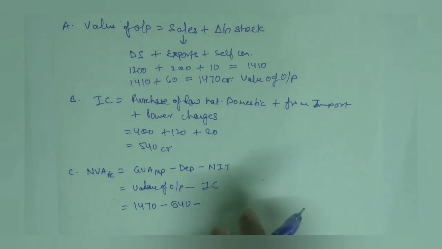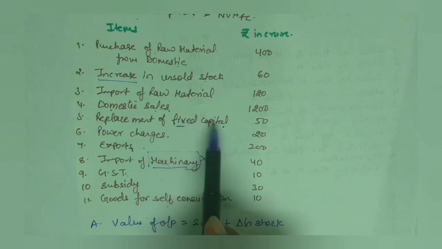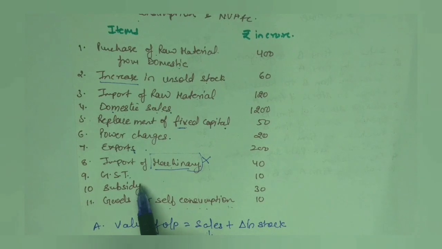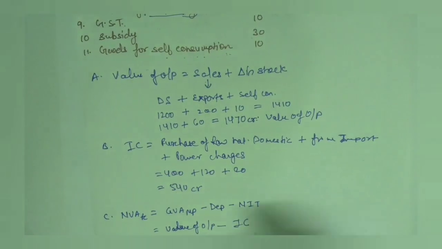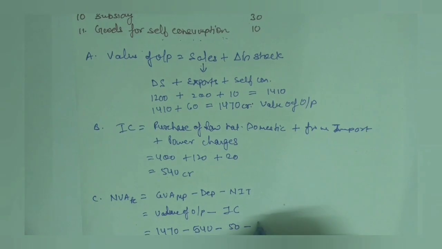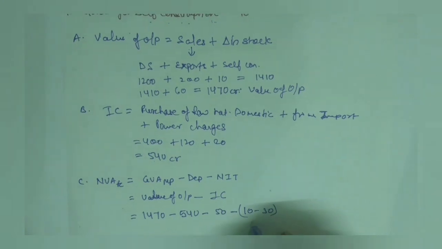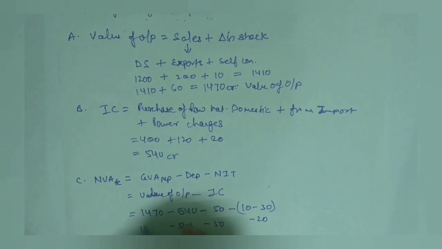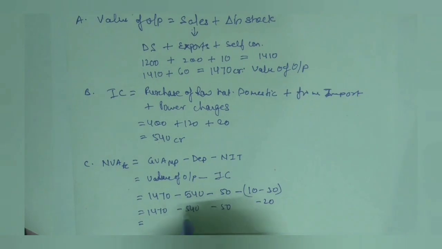Now minus depreciation, and your depreciation is given as replacement of fixed capital is 50, and NIT means indirect tax minus subsidies, means GST minus subsidies. So 10 minus 30 means minus 20. So what we will do here, we will write minus 50 as depreciation and minus 10 minus 30 as NIT. So your NIT will become now minus 20, right? Minus 50 minus 540, 1000 this. So now if you will solve it, you will get the answer as